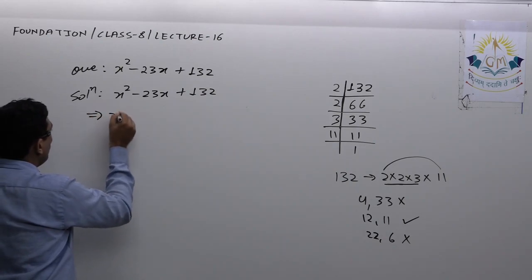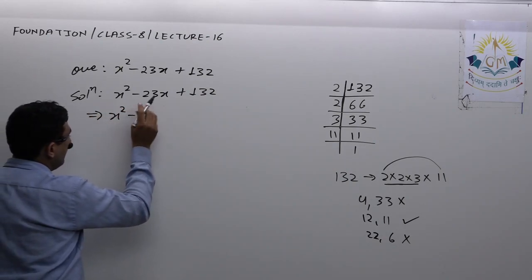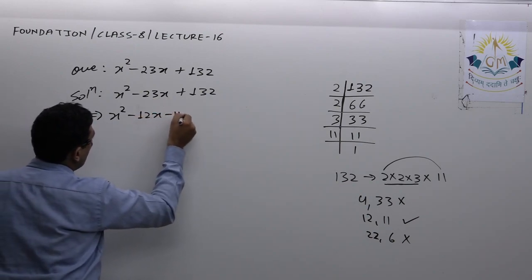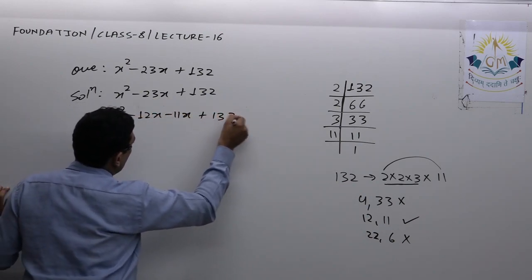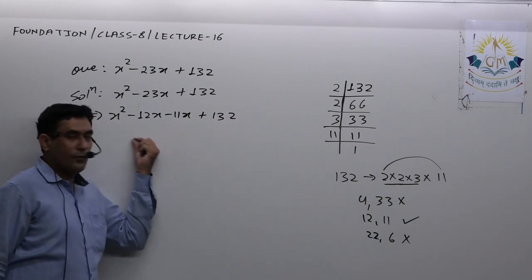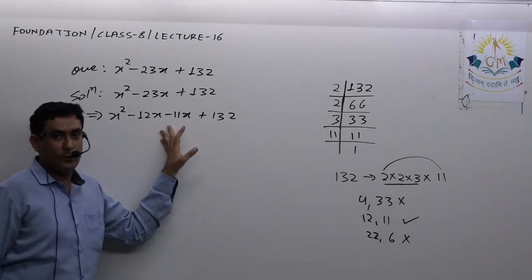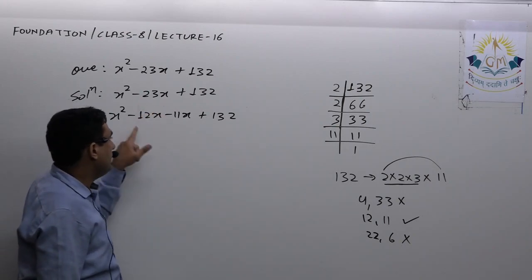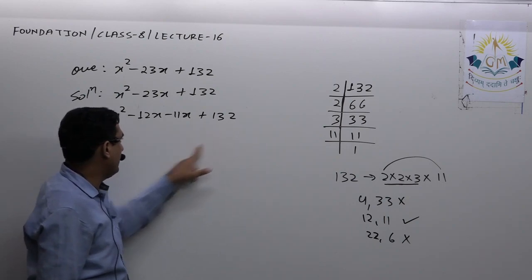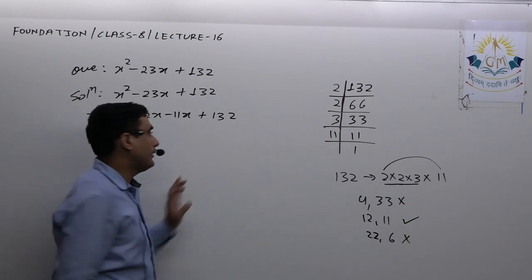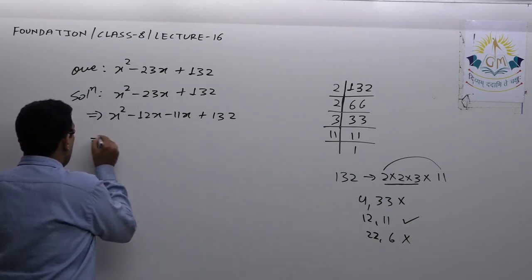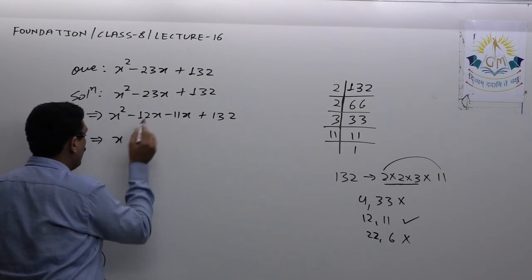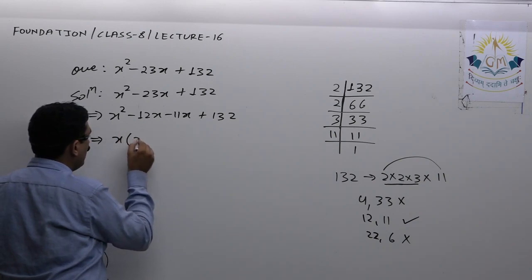So here I write x square minus 12x minus 11x plus 132. Now it doesn't matter if you write minus 11x then minus 12x; ultimately their sum should be minus 23x, and their product should be the product of first and last, that is 132x square. Now here we have to take common. It is very easy to find common from these two, so I took x common, so here it is x